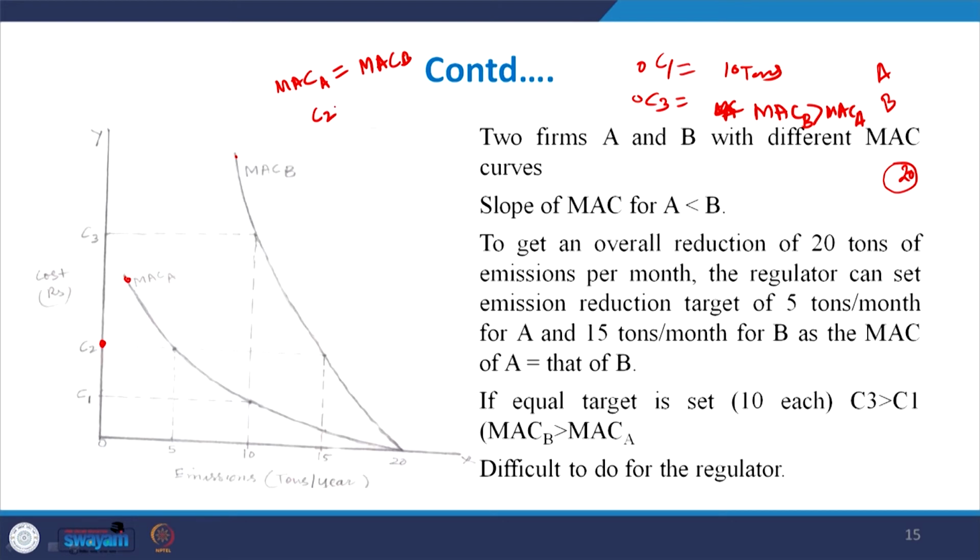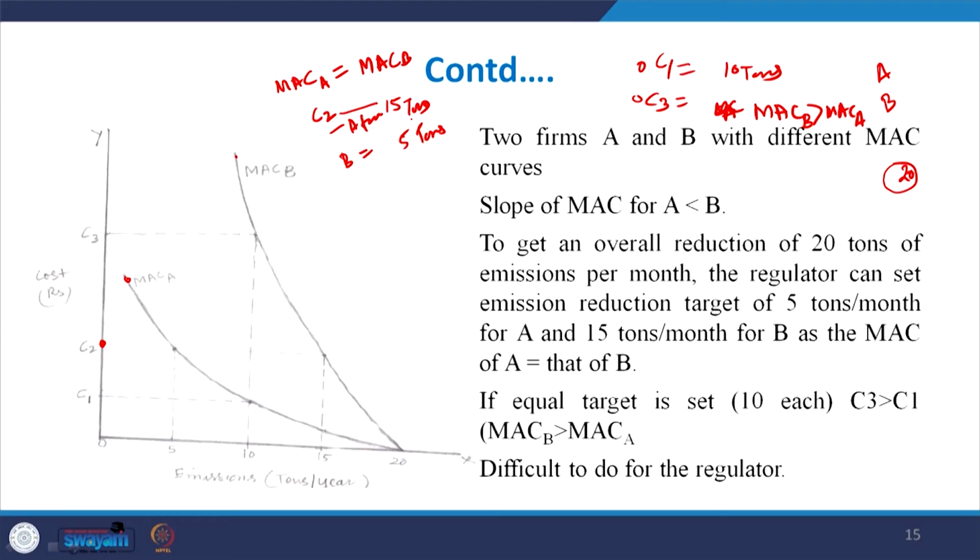At this point firm A should emit 15 tons of CO2, and B firm should emit only 5 tons, not 10 each,